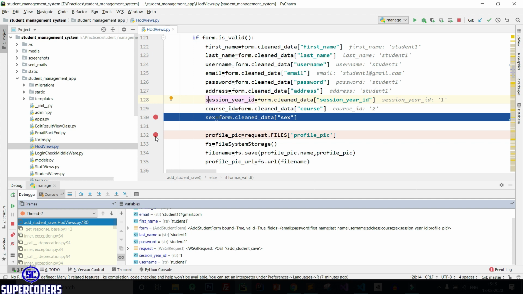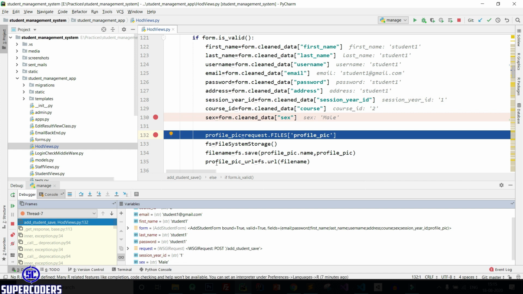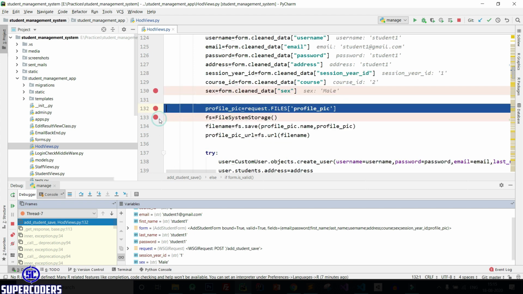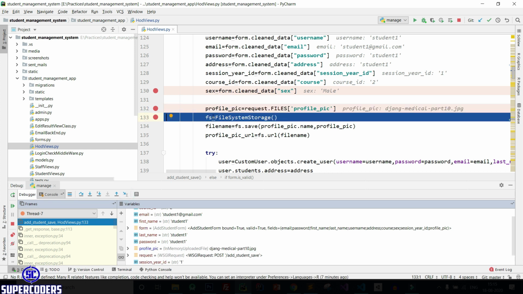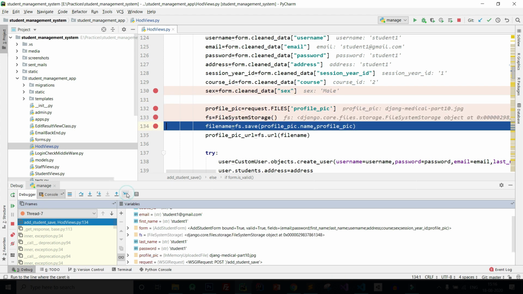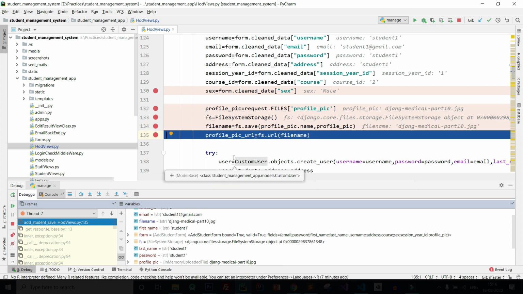Also after this line pauses, you need to move to the next line, then click on this, step over, and it goes to the next step. And you can see it's also showing the sex value. After that again if you click here and click next, it stops here, and you can see it's showing the profile image. Also you can add a breakpoint while our code is running. You can see if I add a breakpoint here again, it will stop here. So in this way you can use the debugger to check code line by line and find the error where something has gone wrong in your code.